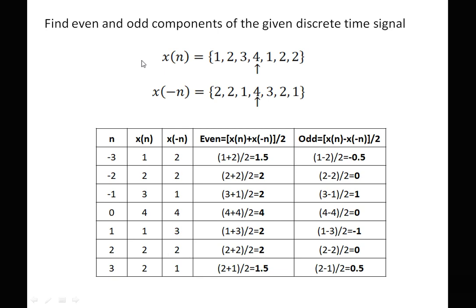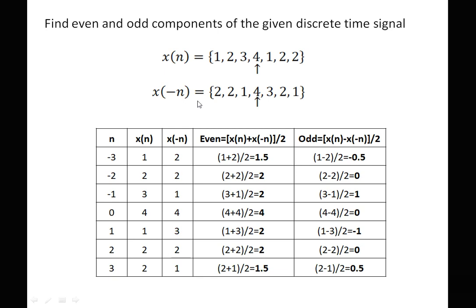Now the examples are of similar type, that is, the first few examples are of similar type. So we just require to observe how to solve the problem. Now x of n is given. We require to check where the signal is moving from and to. Here the signal is moving from -3 to +3.